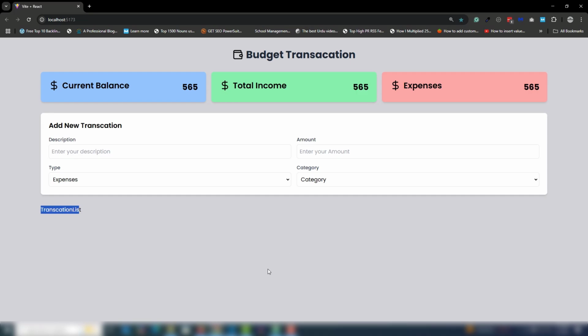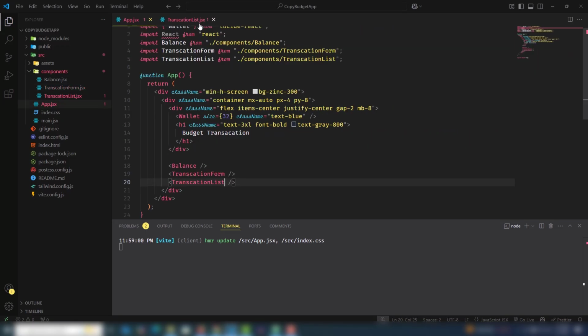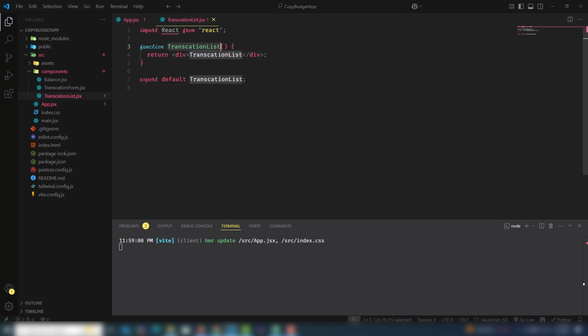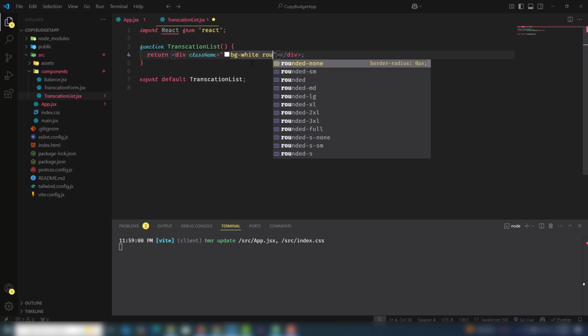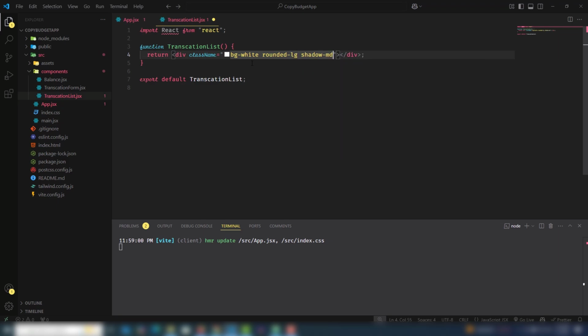So let's design that, and then we will work on the static to dynamic details to put in the value inside our form. And yeah, so let's add that bg white rounded lg shadow md, and there I'm gonna use